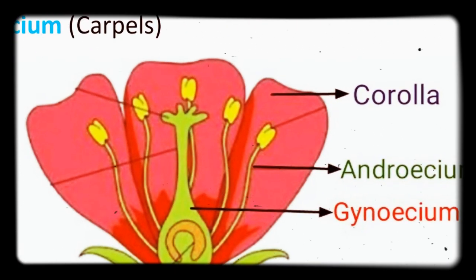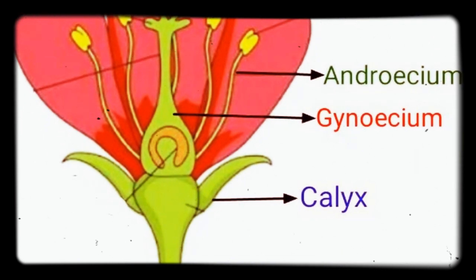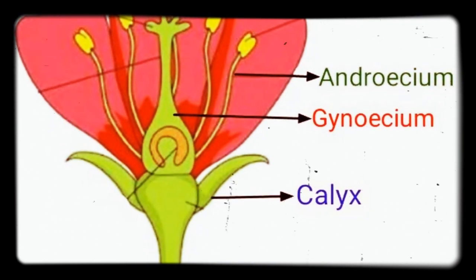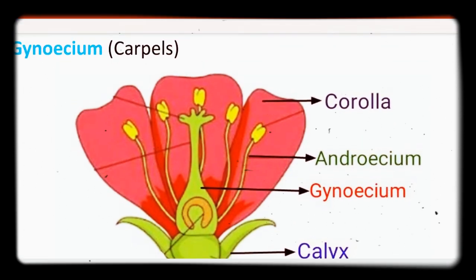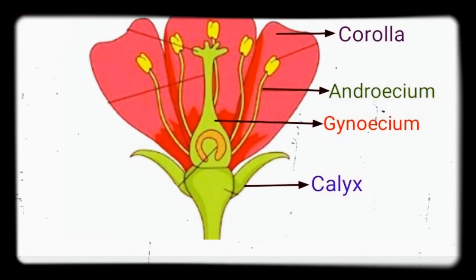So we'll see diagrammatically all these parts one by one. Calyx is always green in color and it is located at the lowermost side of a typical flower. As you can observe here in this calyx, there are two sepals. On the upper side of the calyx there is a corolla, and the corolla is always colorful. There are different colors in different flowers because of the corolla. It is a very attractive part of the flower. The corolla's single unit is called petal. Here you can observe the corolla in red color, and three petals you can observe here.